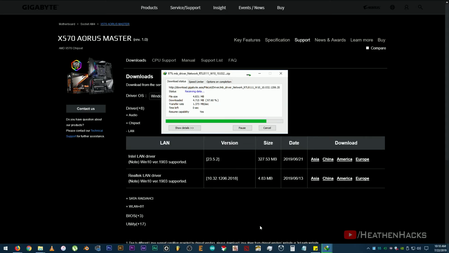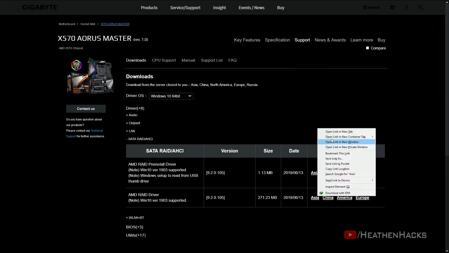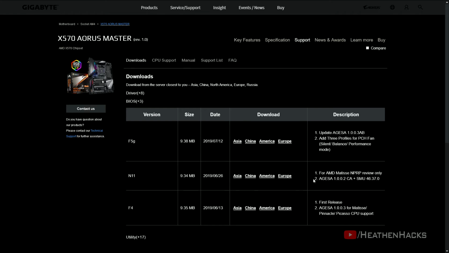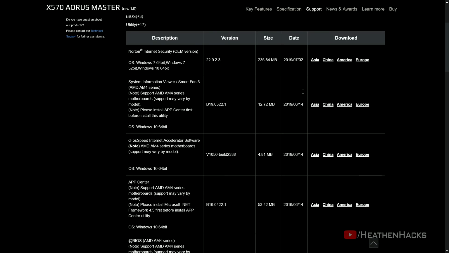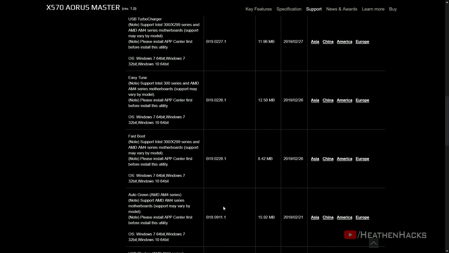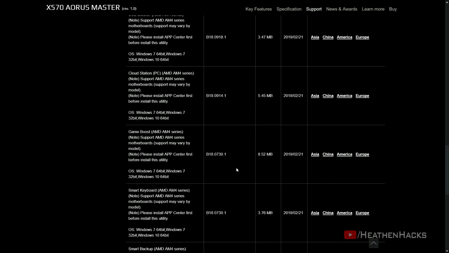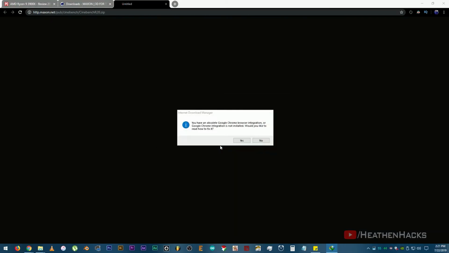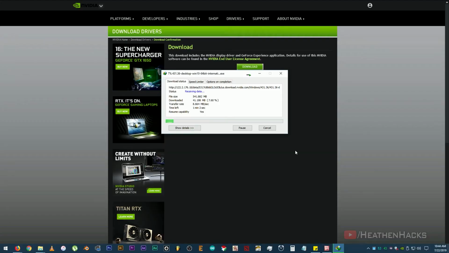First one are the motherboard drivers. Downloading and installing motherboard drivers is important. More often than not, motherboard drivers that came from the motherboard manufacturers are a little more optimized to work with the motherboard than the generic drivers Windows 10 provides. Then again, it's up to you. Do what you want. You might also want to download some benchmarking software, especially if you want to overclock, and a GPU driver if you have a dedicated GPU.